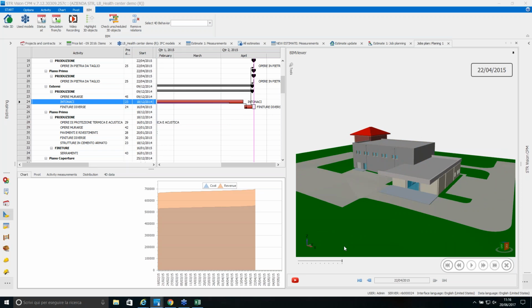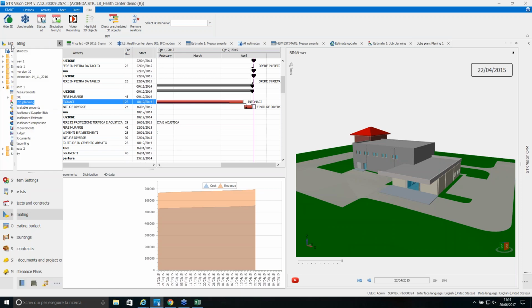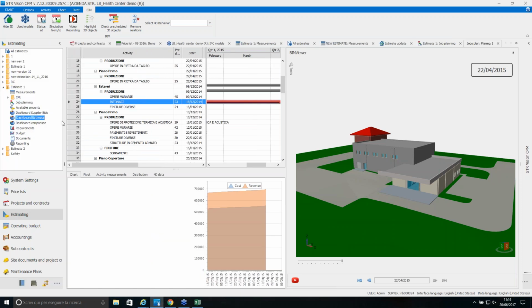I want to quickly go back to the dashboard tools to show you how to use our dashboard tools inside an estimate. Remember that the dashboards are available also in the accounting area, for example, to compare which were the estimated values compared to the actual values. So if we go back to the estimate and select, for example, the dashboard comparison,